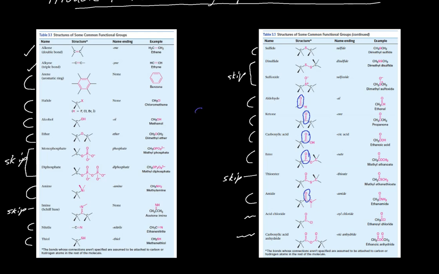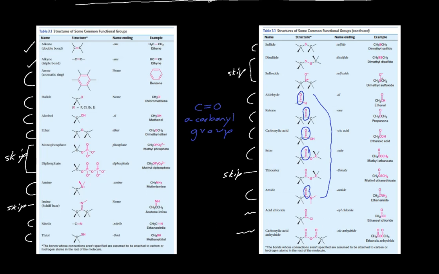The C double bond O group by itself is called a carbonyl group. And so you would call these carbonyl containing functional groups, as are these ones farther below too. So that's just so you're familiarized with what you want to focus on out of this table,